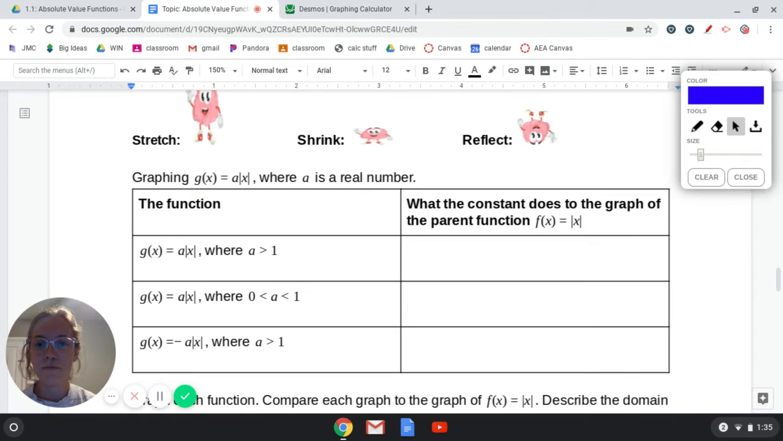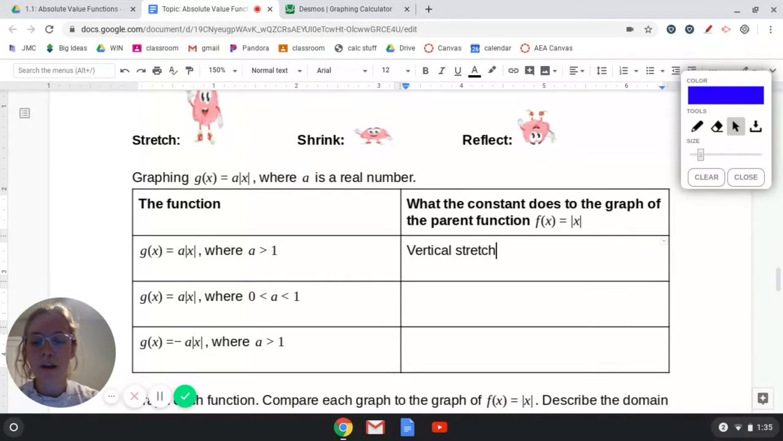and we'll summarize. Okay, so I've got a lot of symbols here, so we'll talk through it. So this function g of x equals a times the absolute value of x, where a is greater than 1, where a is larger than 1. What does that do when a is larger than 1? This stretches the graph. So, and I'm going to say vertically stretches it because it stretches it up, stretches those y values, makes it thinner. So vertical stretch. And you can say by a factor of a,